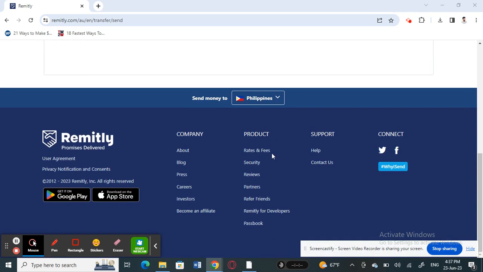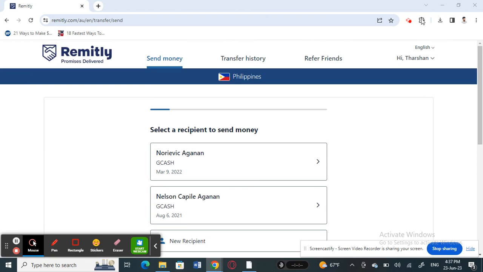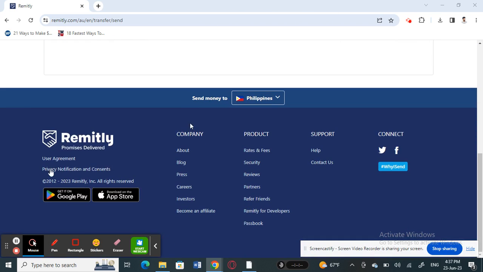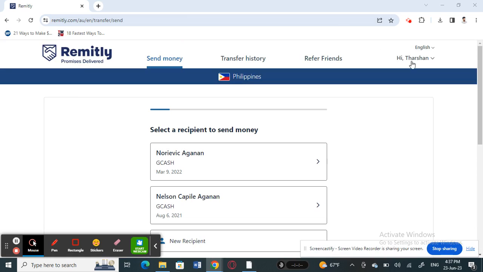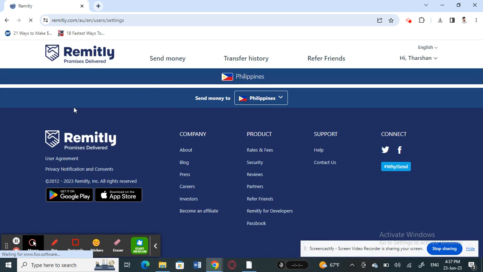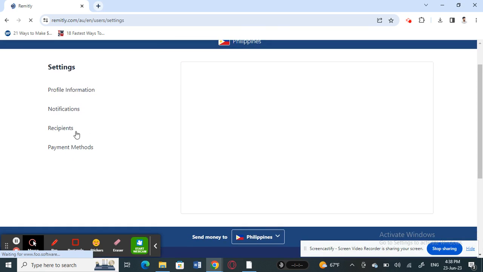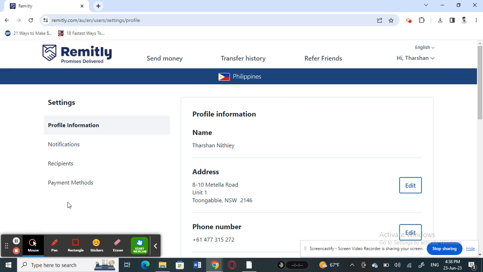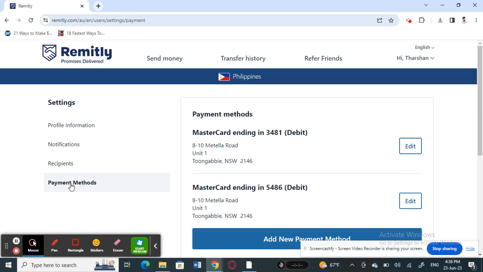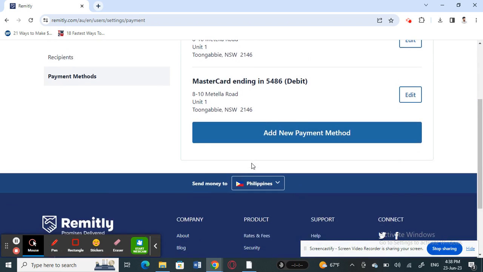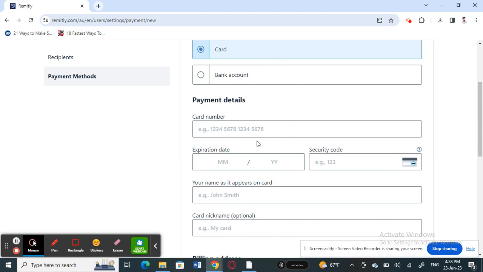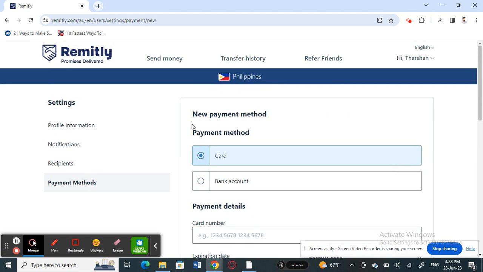So once you're done with that, if you want to add money, there are a couple of ways we can do that. Firstly, click on your profile on your top right here, and then get to the settings option. Under settings, you'll see an option called payment methods. Click on payment methods, then scroll down and you'll see an option called add new payment method. Click on it, and then here you'll have two ways where you can add money or payment to your